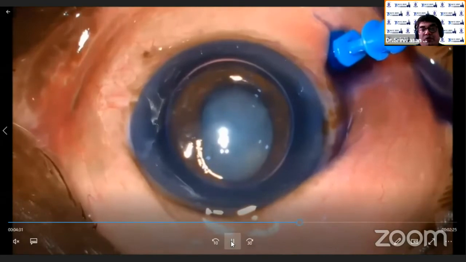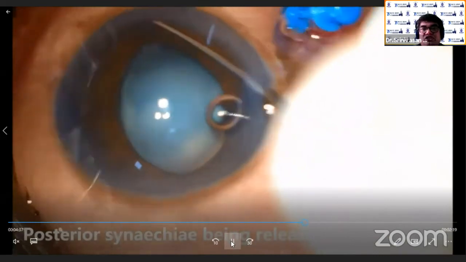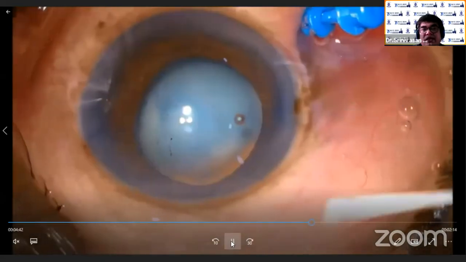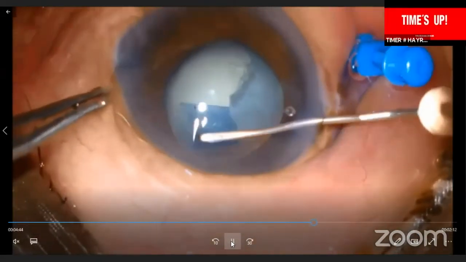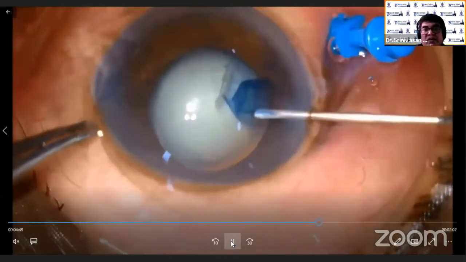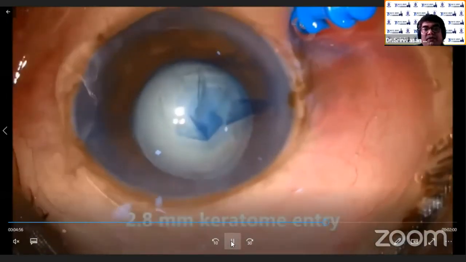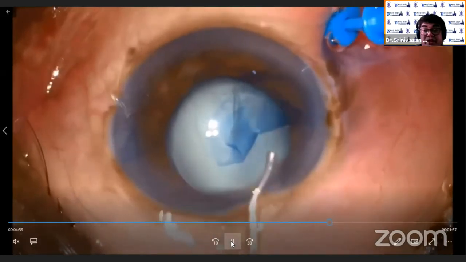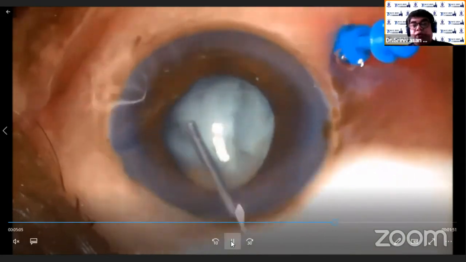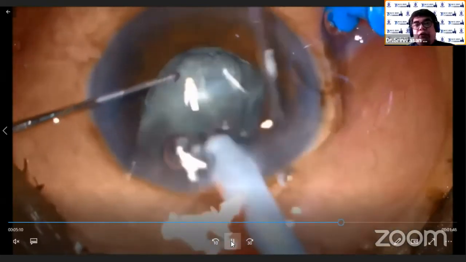Then with the two side port incisions, the routine phaco is performed. Here the patient has a bit of posterior synechiae. We use a stretcher, the normal blunt instrument, to stretch the pupil, and the synechiae can also be relieved by doing viscodissection. A thorough continuous capsular rhexis is done along the pupillary margin so that you get a large rhexis to perform the phaco. A 2.8 millimeter keratome entry is made, a three-plane tunnel, and you have to be very careful. Do a gentle hydrodissection, as I mentioned earlier, with minimal fluid. Don't use a heavy fluid, because if the iris prolapses once it starts, it is going to be a problem for you intraoperatively.